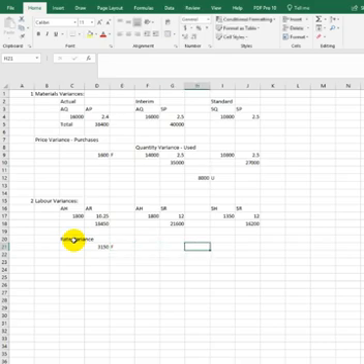On the other hand, over here, we have our efficiency variance. And once again, we take the bigger number. Take the bigger number minus the smaller number. 5,400, and that's an unfavorable variance because we spent more than we expect to. And of course, when we add these up, our total spending variance, labor spending variance, is,